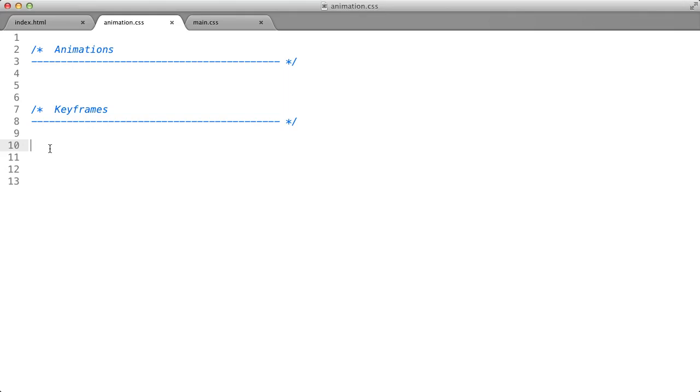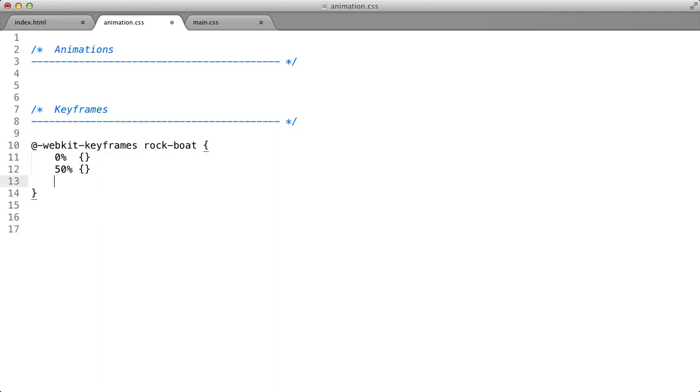So back in our CSS, we will go ahead and create a new keyframe rule. So we'll type @-webkit-keyframes, since I'll be using Chrome throughout this, and we will call this animation sequence rock boat. So inside, we will declare our keyframe declarations, starting with 0%. We'll also apply one at 50%